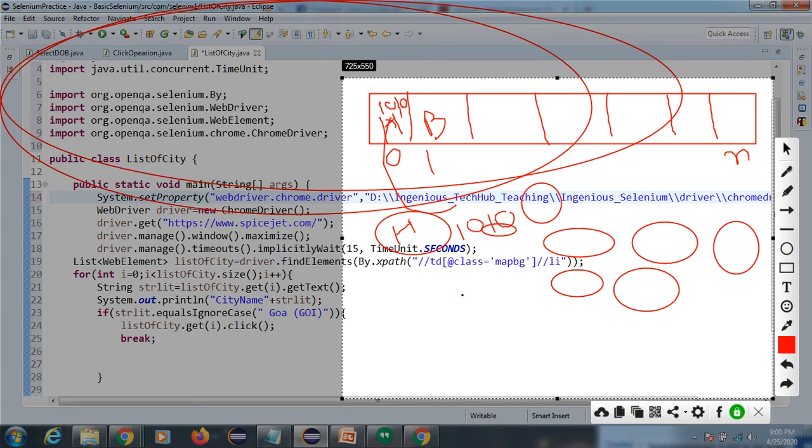All the references will store here, and these are multiple elements, right? Multiple elements means we need to iterate here. We are iterating by using this for loop, right? How? Inside this list we have a method called the size method. It will find the size, the number of objects, how many objects there are. N number means how many objects are there inside this drop down.